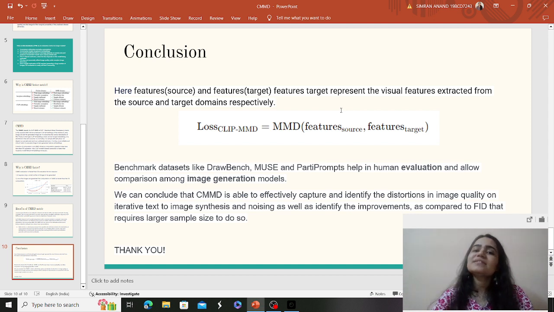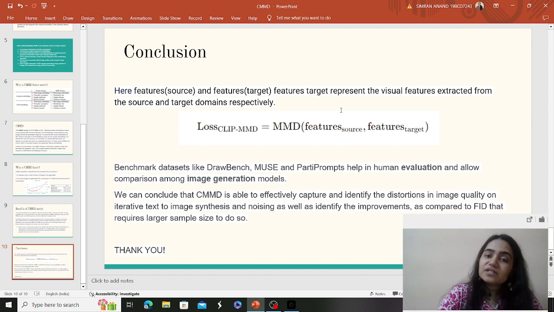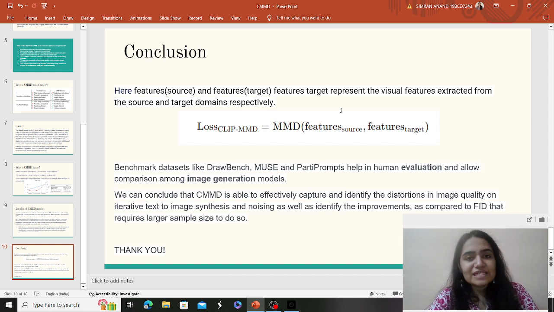So MMD is nothing but the distance metric only, in plain words calculating the dissimilarity, not the similarity, because it is distance, right? So distance, more the dissimilarity. So higher CMMD will give you more distance, which means that the generated image is nowhere close to your real image, and your model has to improve the generation quality. The model has to generate better images, which are more realistic looking to your real images.